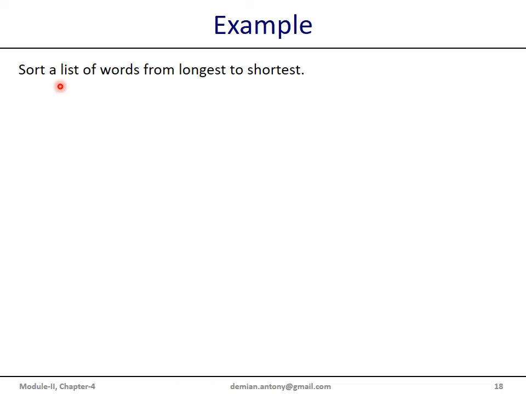And once we have the list of tuples with the word length and the word, we can sort this list of tuples in the descending order of the word length as well as the word itself. And finally, we retrieve only the words present in the list of tuples and create one more third list, and we print the third list. Definitely that third list will be the list of words in the descending order of the word length. Let us see the program.